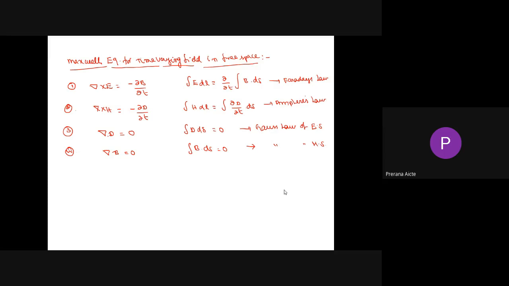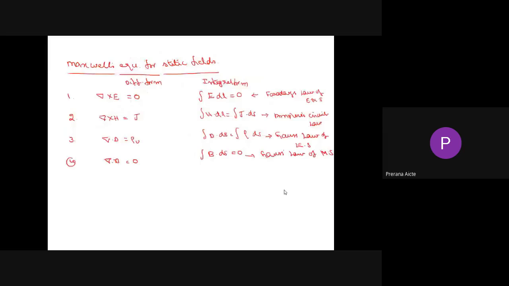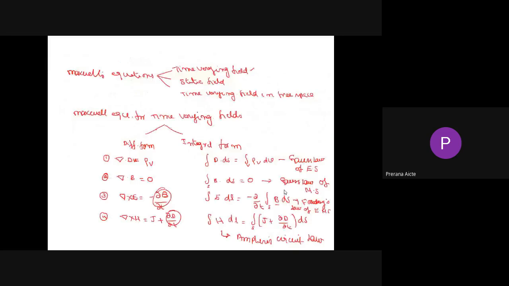Okay, now come to the statements of these Maxwell equations. Now you can come to the first equation, del dot D is equal to rho V. That is nothing but this equation,